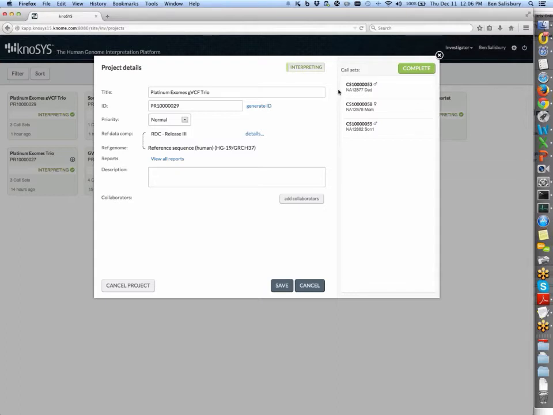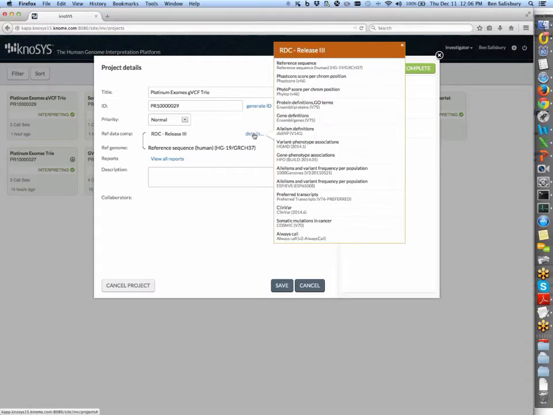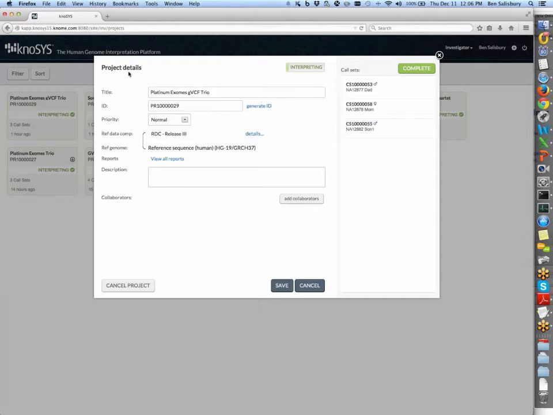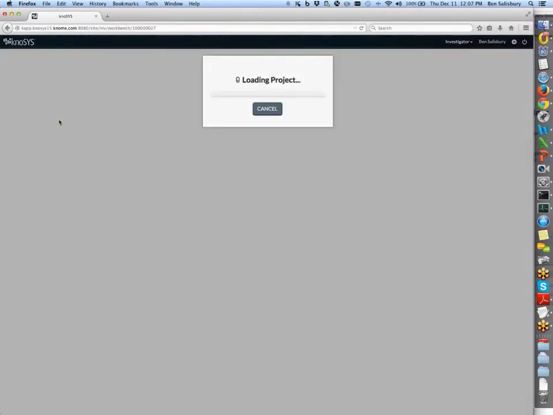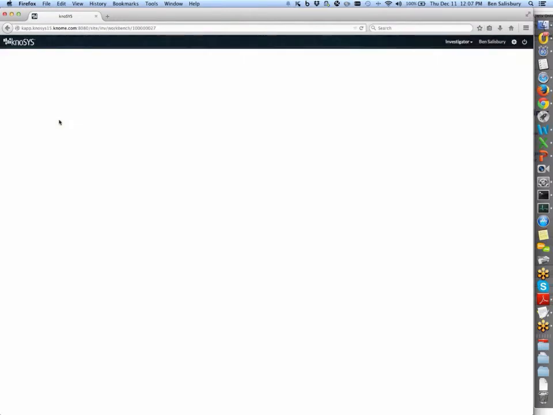So there's no particular phenotypic trait that's being analyzed here or expected to find, but it's a versatile set of sequences to try things out with. So here we have a list of the annotations that were applied to this particular project. And having reviewed this, we can now cancel out of this, and I'm just going to open it up. So it's now loading these 3 exomes into memory.